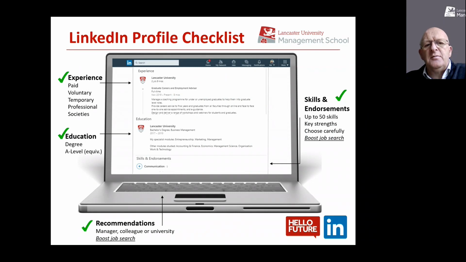A really nice way of getting some connections and increasing your network on LinkedIn is through the use of skills and endorsements. So endorsements are where you have actually outlined the skills that you think you have, and then somebody else that you're connected with on LinkedIn would come along and say, oh, Rory says he's really good at communication skills. I'd like to endorse that. I worked with Rory on a project and he was a really good communicator. So again, it's a way of building your network and a way of getting almost like referees. And I'll come on to that in a couple of minutes. It's almost like referees on your CV. It's somebody who's kind of vouching for what you've actually said on your LinkedIn profile.